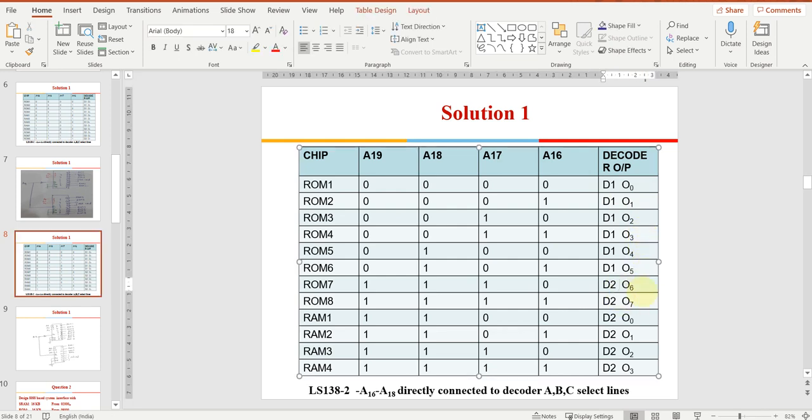All of them, let me put into D1, right, all the 7, and then I start with 1. Again I start this sequence 0, 0, 0, and 0.